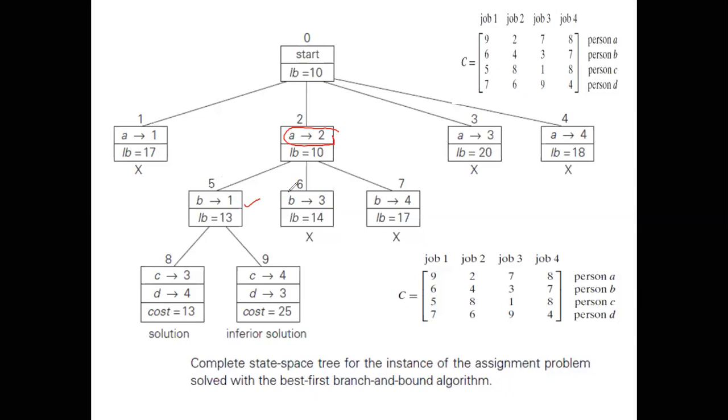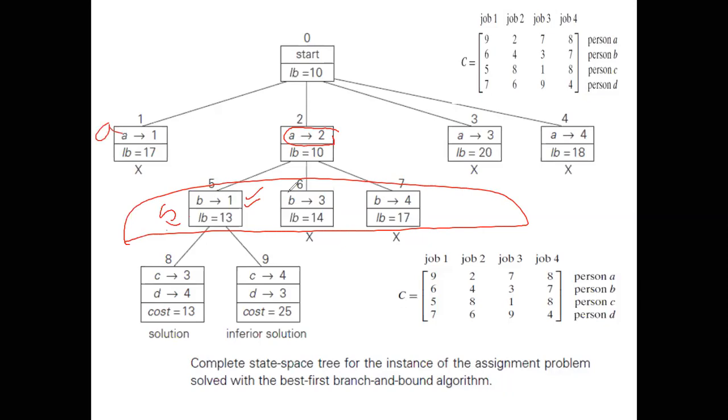Next, what do you need to do? What is the other alternative? Assign job 1 to. Next, I will consider in this particular level only B. This is only for A, right? So now I will consider B. The possibility is what? I can take 1, I can take 3, I can take job 4, correct? Which means I can assign job 1, job 3 and job 4 because job 2 has already been assigned to person A. Now start assigning job 1 to person B. So now what is the possibility over here?